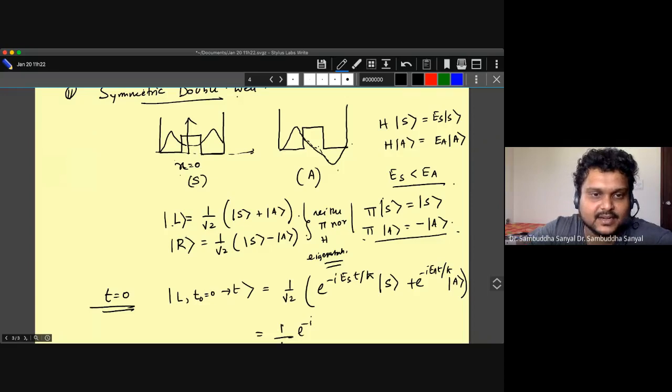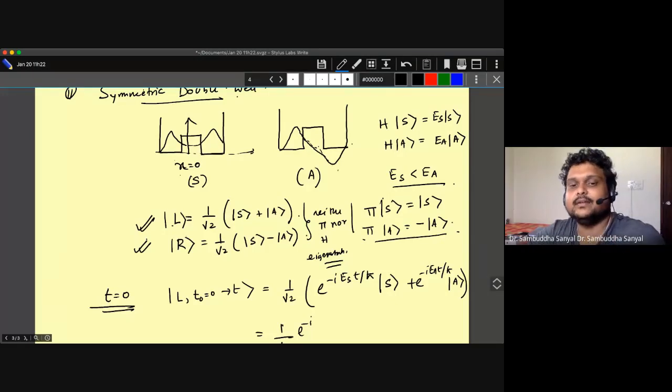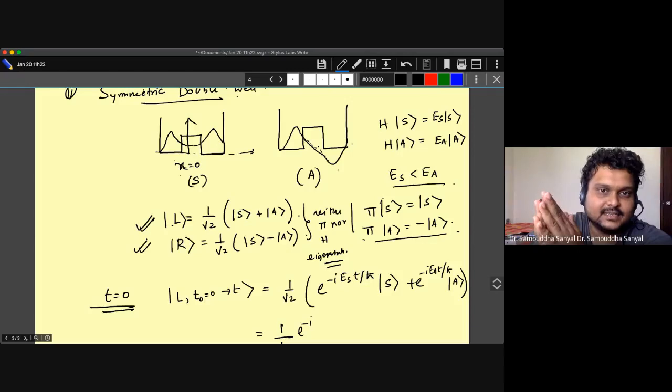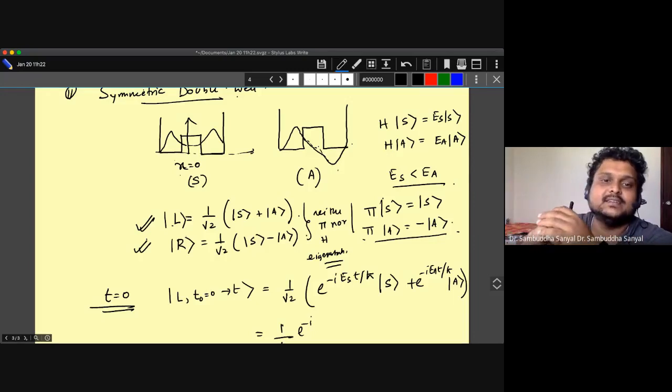So you didn't understand these states, right? Why did I do this? Is that the point? Yes, sir. Right now I just constructed two states which are superpositions of the parity and energy eigenstates. I didn't state any reason. I am just saying I have these two states, and let's say my system starts in one of these states, and I want to see what the dynamics of the system is.